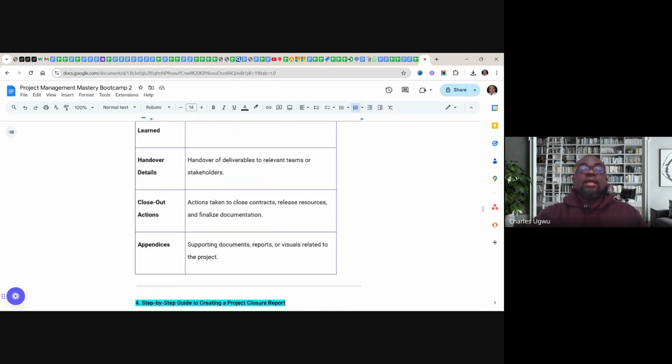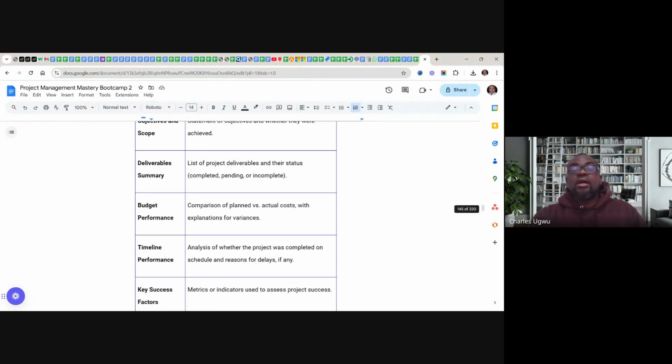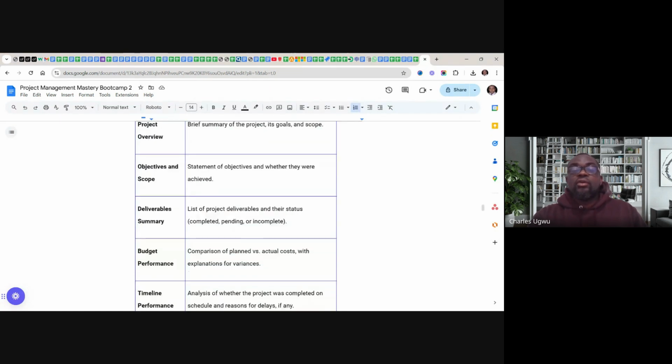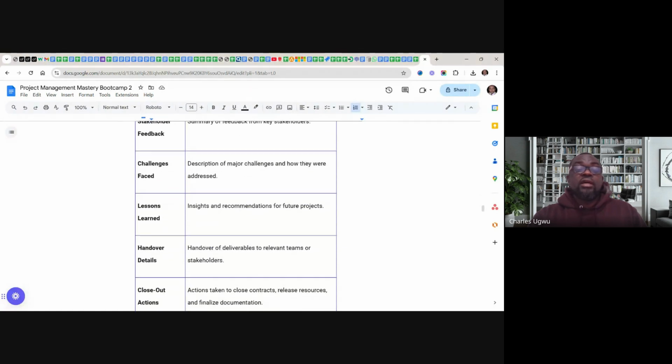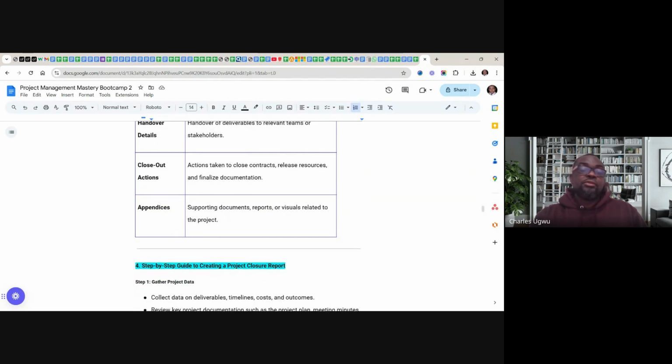So these are key components. It captures a lot of things and it's very detailed. So when you capture everything here, you have created a very comprehensive